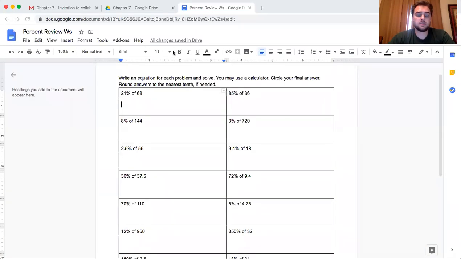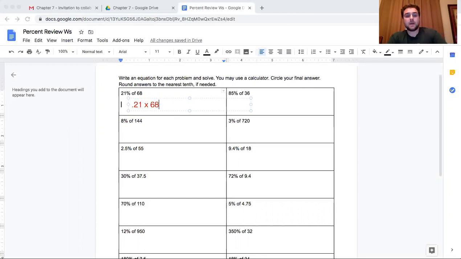So I'm going to annotate. Looking inside the box here, it says 21% of 68. So we're multiplying 21% times 68 to see how much money we are getting off. 21% of 68 is the same as saying 0.21. Take where the percentage mark is and go over twice. So 0.21 times